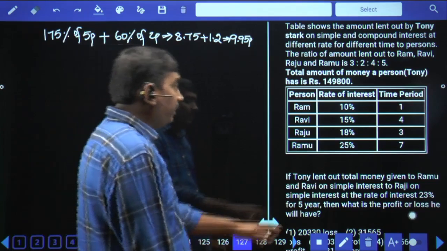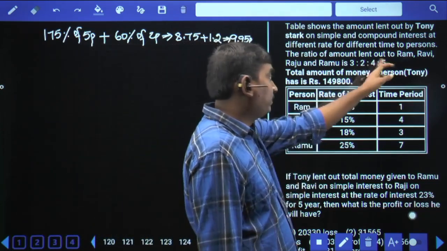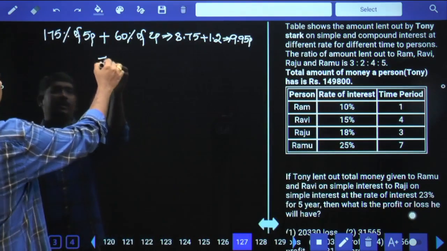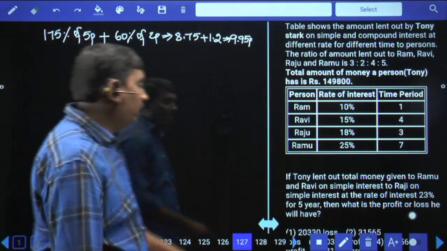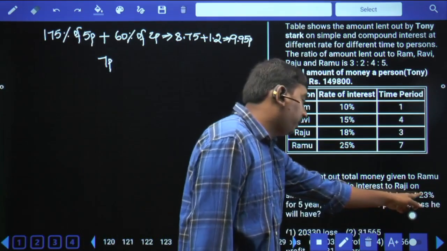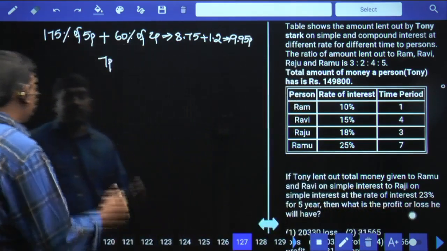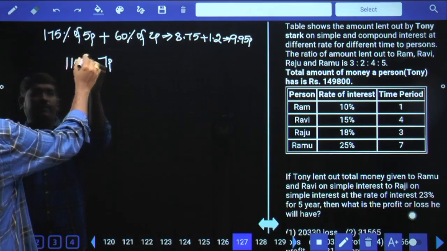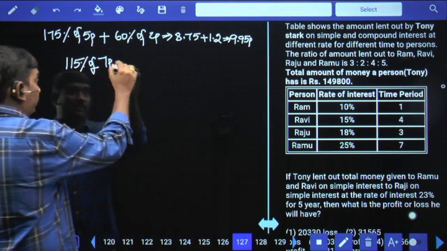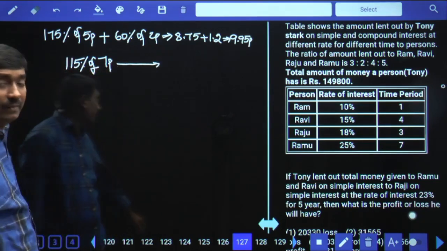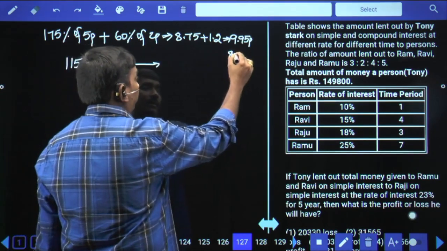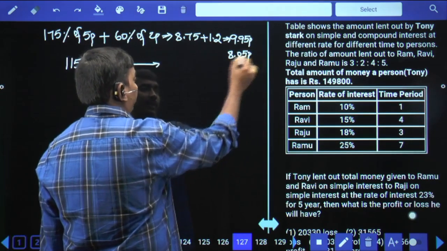But if the total is 7 parts, 2 plus 5, these 7 parts are given to Raji at the rate of 23% for 5 years. So for 1 year 23%, then for 5 years 23 fives are 115%. Then the interest is 115% of 7 parts: 700, 7 fifteens are 105, 805, so 8.05. He obtained only 8.05 parts.